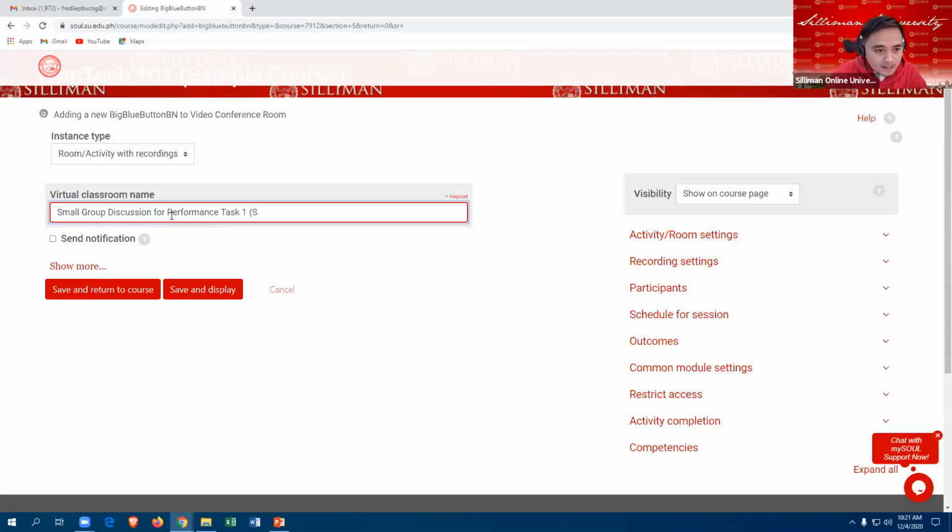And then here, this is intended only, or restrict access only, for SGDPT1 Group 1. And then you can click the show more.